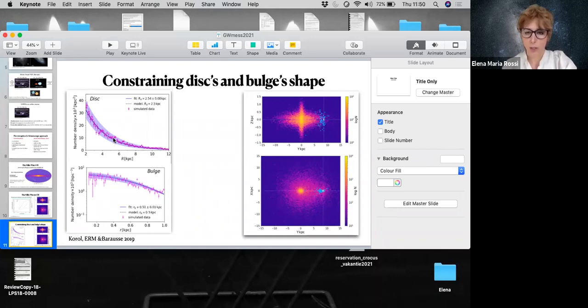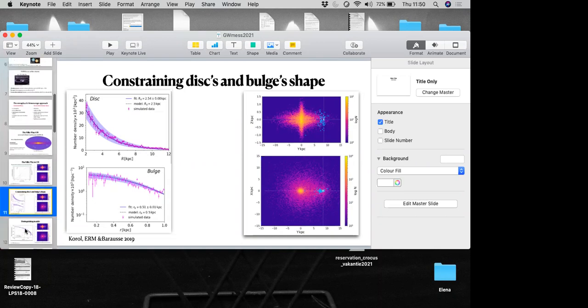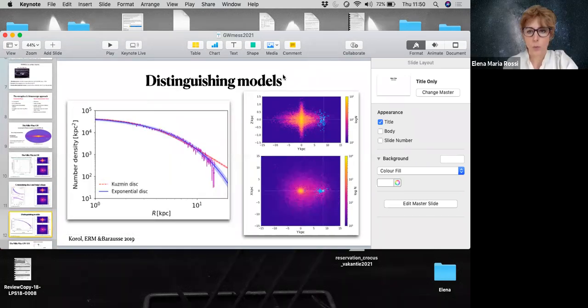Assuming that we more or less know the model, we can reproduce the disk and bulge scales within a few percent. And particularly for the bulge, this is impressive, and we can do this exactly because we have lots of sources in the bulge that we can clearly see. When we assume that we do not know the model, and we try to fit for the wrong model, we show that we can actually distinguish,